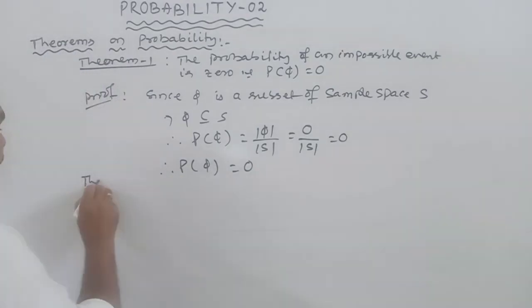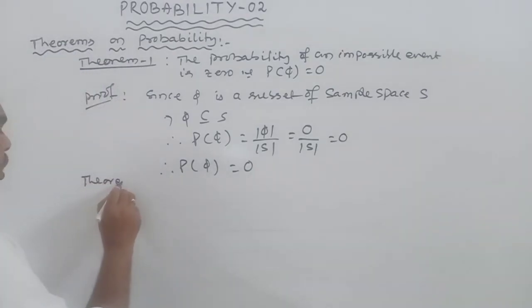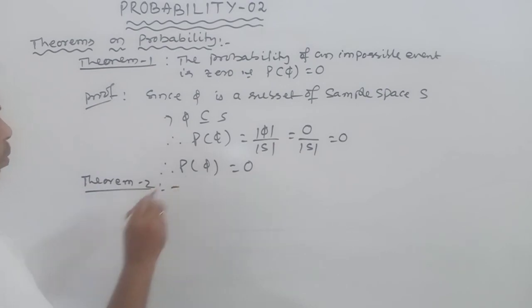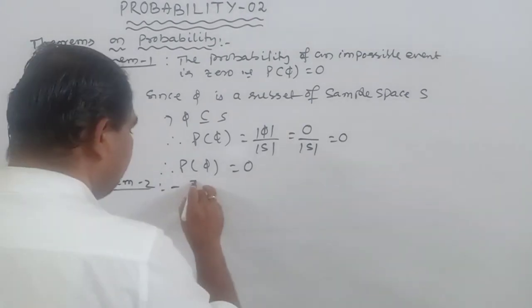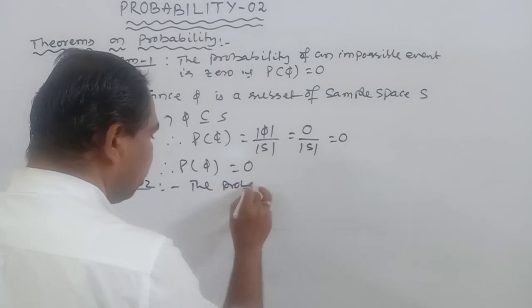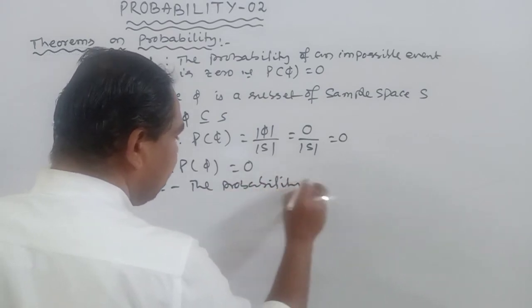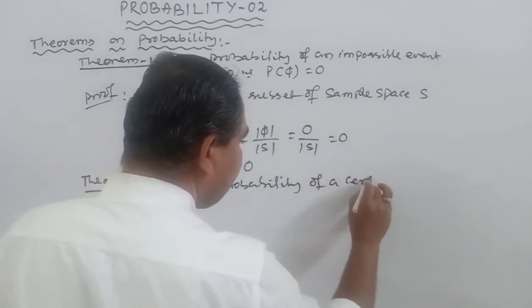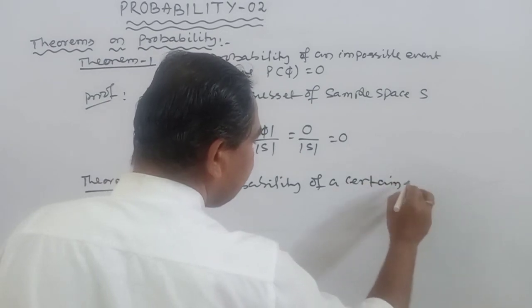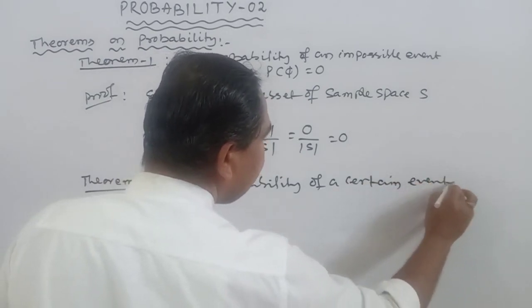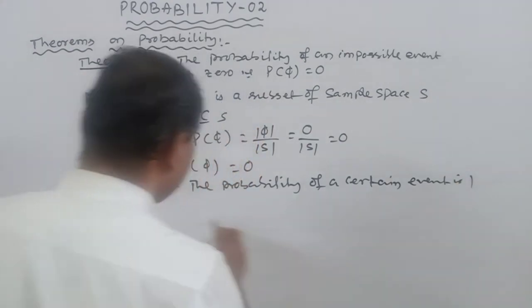Next, theorem 2. The probability of a certain event is 1. That is,